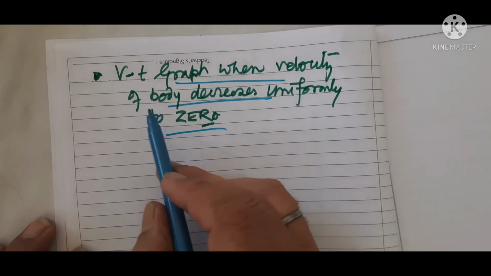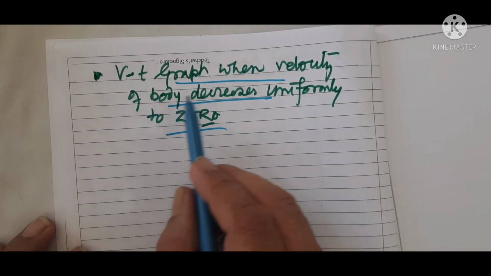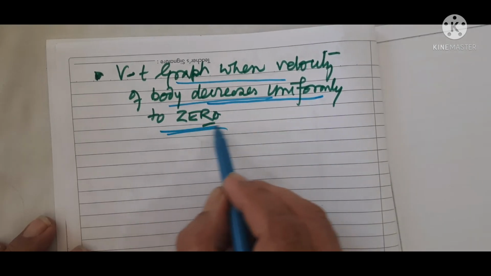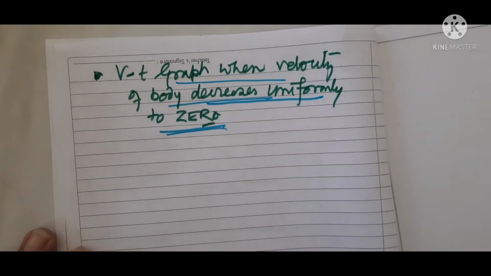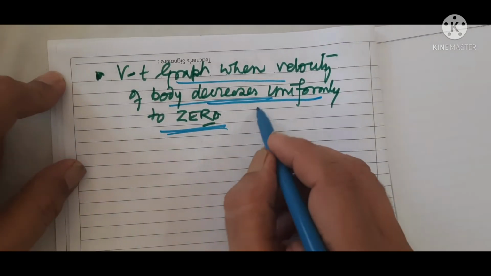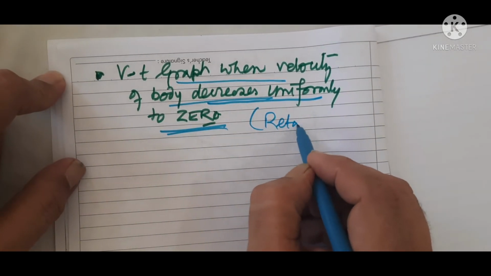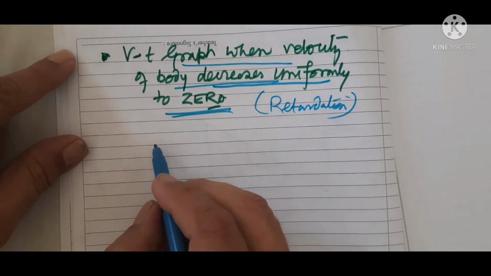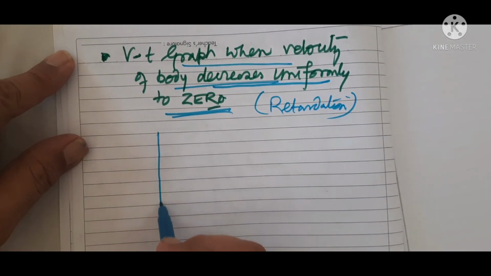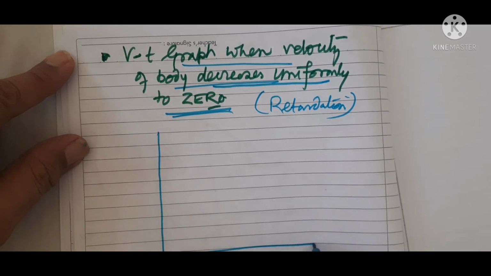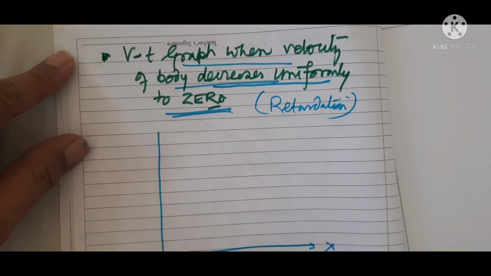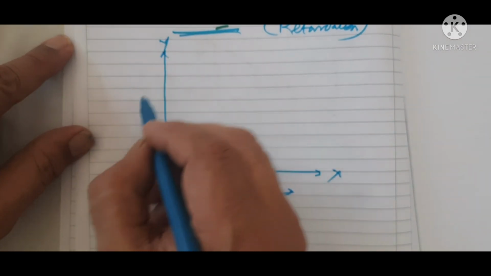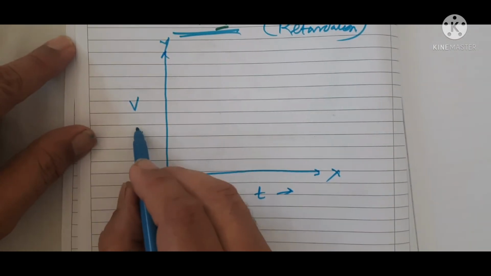Another very important VT graph: when the velocity of the object decreases uniformly, अभी तक तो increase हो रहा था, decreases uniformly means retardation. This is a case of retardation, means negative acceleration. Then this is x-axis time and this is your y-axis velocity,